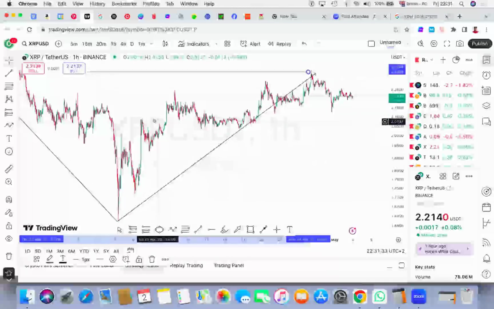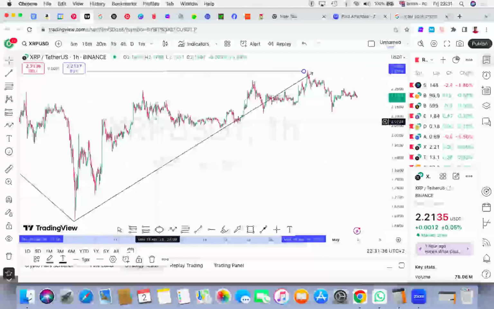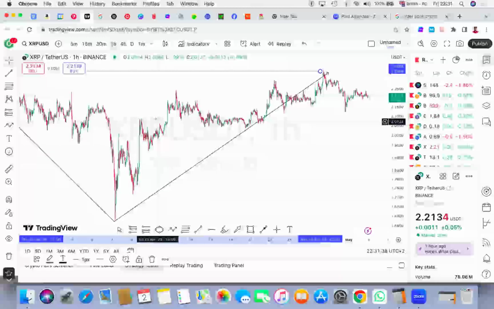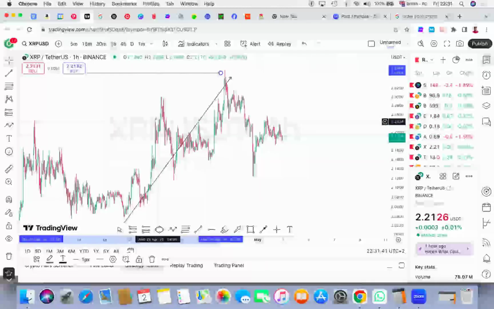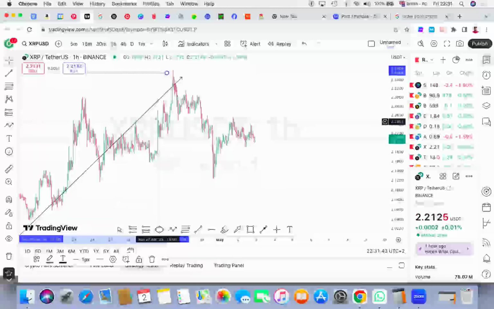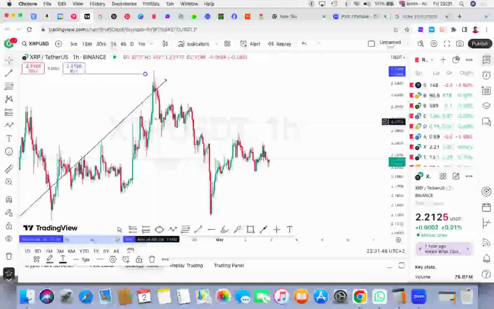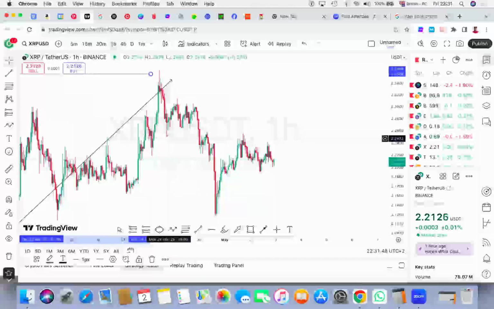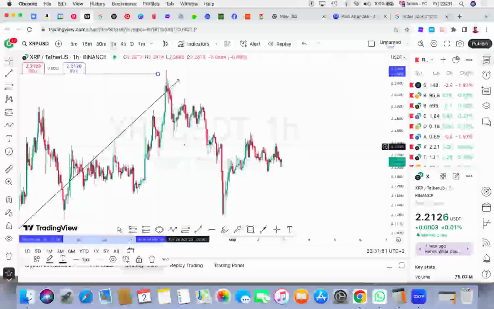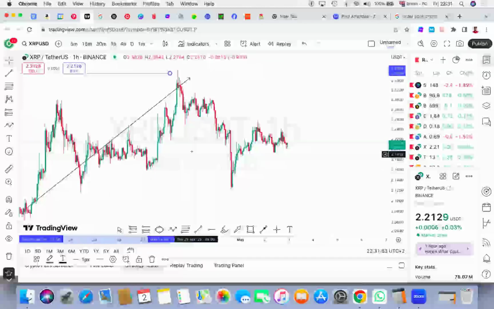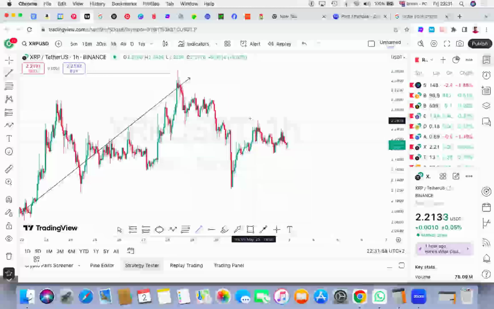So since we know that this is a downtrend, what we want to look for now is a sell, right? You don't want to look for a buy when you see a market printing downtrend. So what you want to also do now is draw your structure to the downside. It's very tricky here if you don't know how to draw your structure. When you don't know how to draw structure clearly, for you to draw a downtrend scenario structure, it's a little bit complicated, but it's not really.